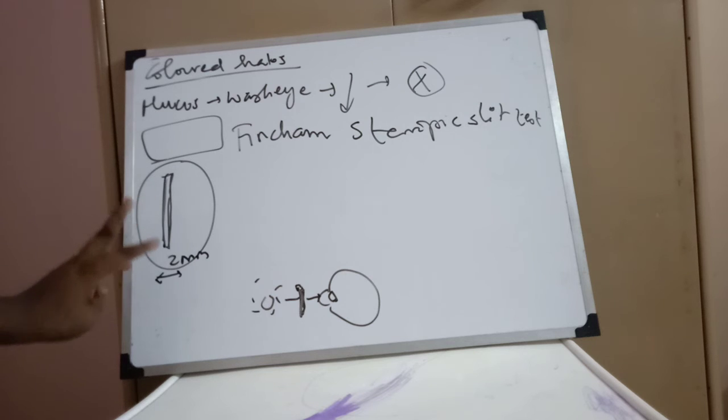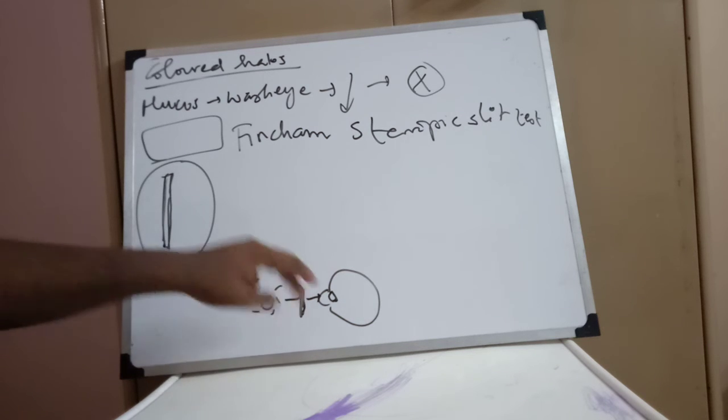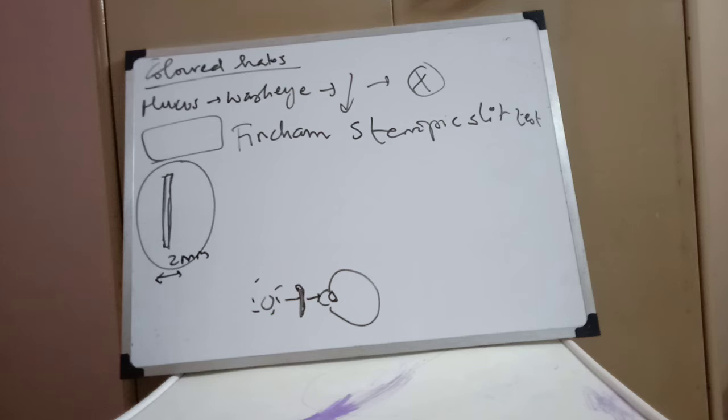If it is going to pass through the eye, it is going to have corneal edema. All the light rays, as they pass from one end of the eye to another end of the eye, are uniformly going to pass through a single refractive medium, which is going to be affected by corneal edema. So all the light rays are going to undergo prismatic dispersion to the same extent. So even if you pass a stenopic slit, colored halos are not going to disappear. Colored halos are going to persist in full configuration. They are not going to be altered in shape also.